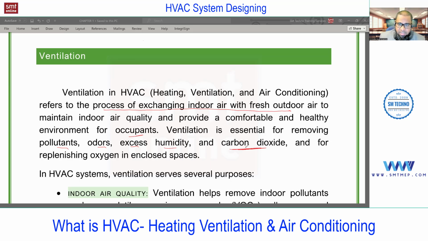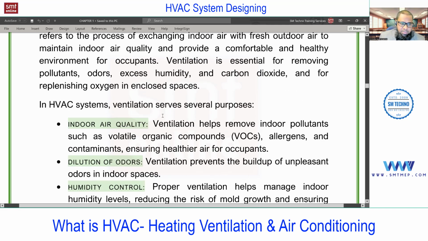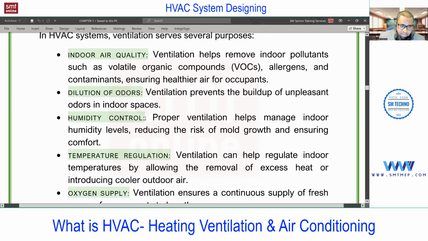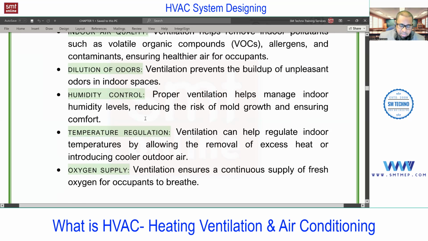What are the different ways? We'll discuss that in load calculation, when we talk about the heat gain through ventilation. Next, you see some more points. The indoor air quality, which I explained. Then removal of odors, the bad smells. This is also important. Then humidity control and temperature regulation. Temperature regulation is not needed in all seasons. For example, if the outside temperature is less and the indoor is more because of the internal components, in that case that exchange of heat will also help to maintain the temperature. For that, we are using an economizer. We'll discuss what an economizer is, just at this level.